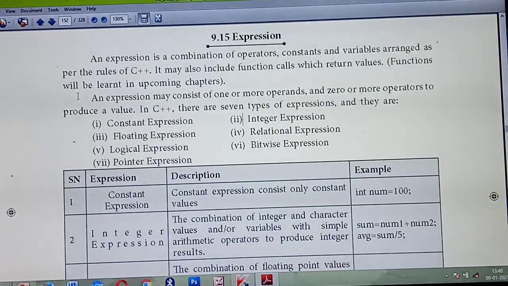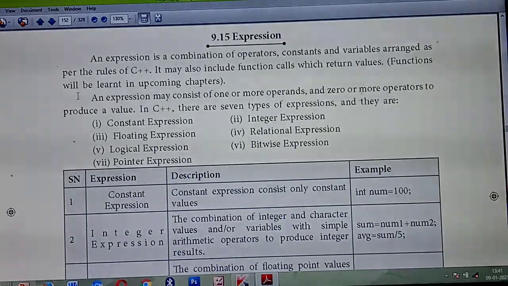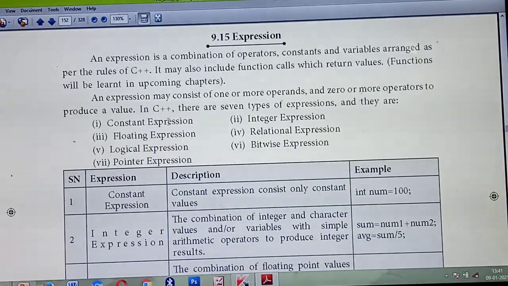Okay. Listen. An expression may contain one operand, two operands or more operands. For example, a plus b equal to 5. How many operands are there? a and b, two operands. How many operators are there? Only one. That's a two operand expression. Listen, next thing: a plus b plus c equal to 5. How many operands are there? 3. What are they? a, b and c. How many operators are there? Plus and equal to. Understood?